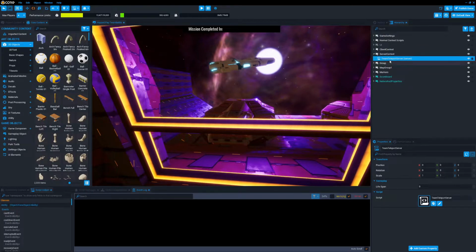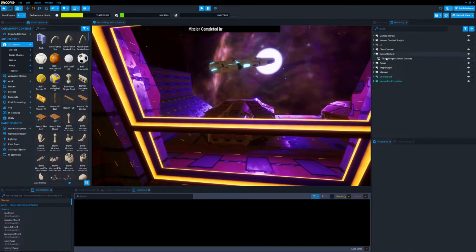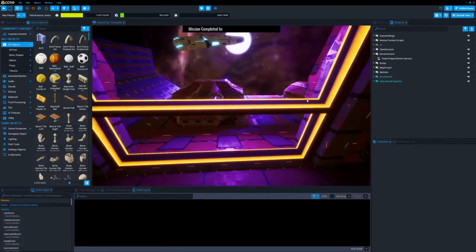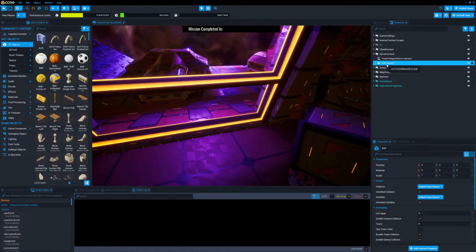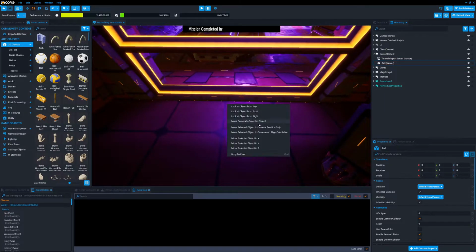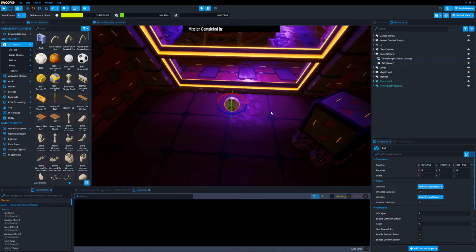And what server context is really used for is securing your scripts and making sure that it only is on the server, and then when a player joins the game, it's not replicated to all the clients. So server context, like I said, so far what I've really used it for is mostly scripts. There are a few things that I do use server context for that may be helpful to some artists, I suppose. And so for example, if I put a ball in server context,